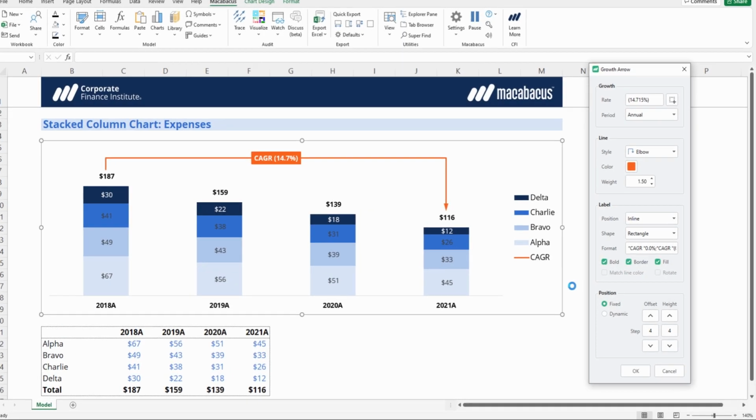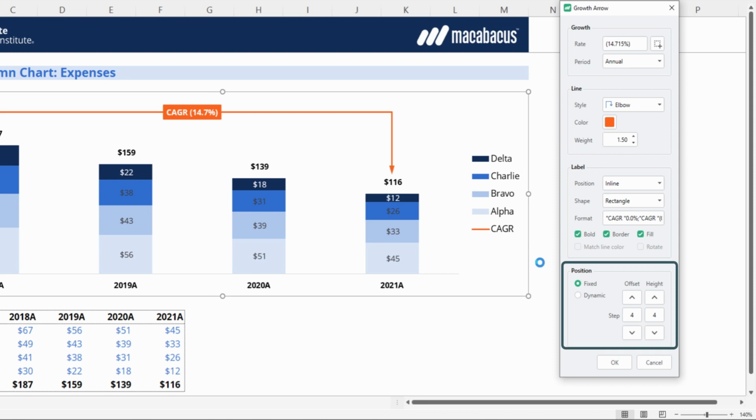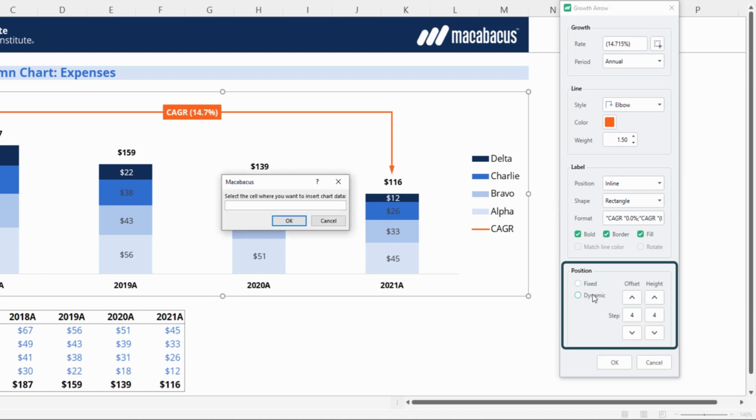Okay, welcome back to our setup of the Macabacus growth arrow. We've set everything up, but the one last thing to discuss and investigate is whether we're going to have this growth arrow as fixed or dynamic. Of course, a dynamic financial model and chart is more effective, so let's go ahead and go with the dynamic